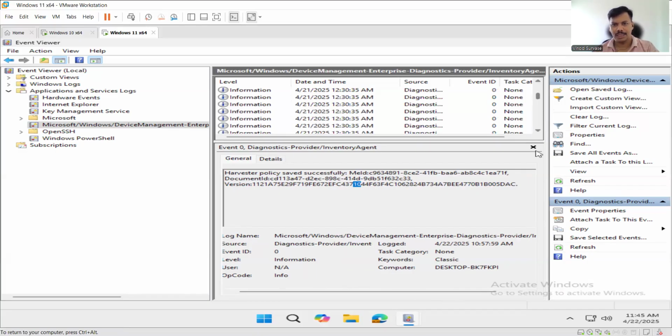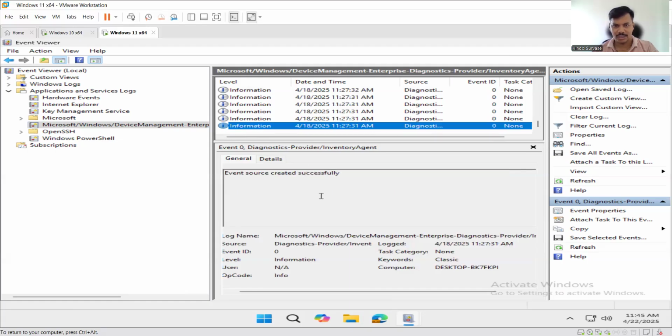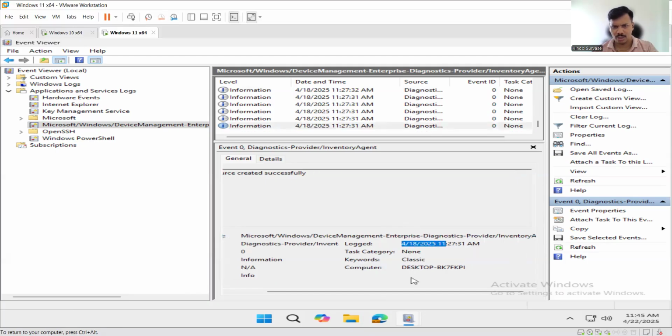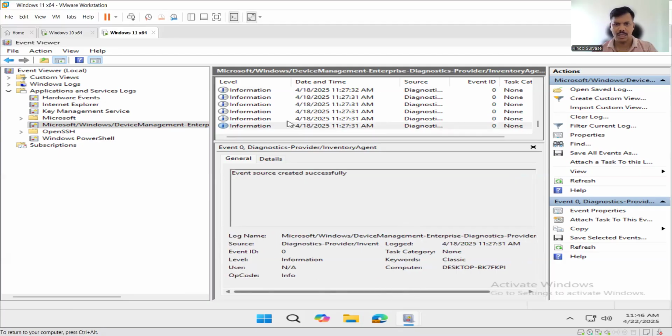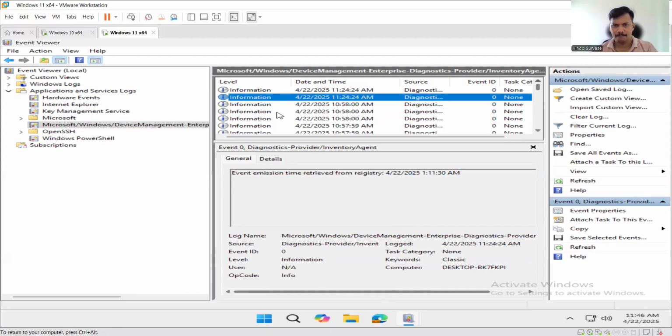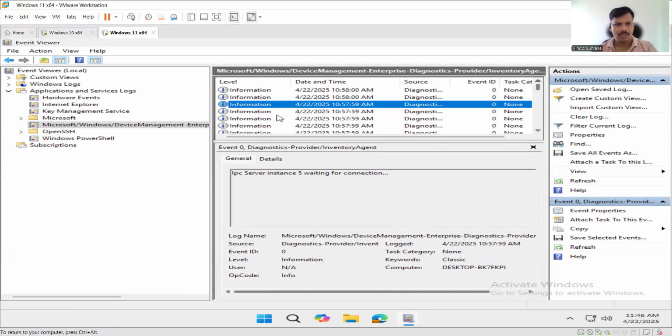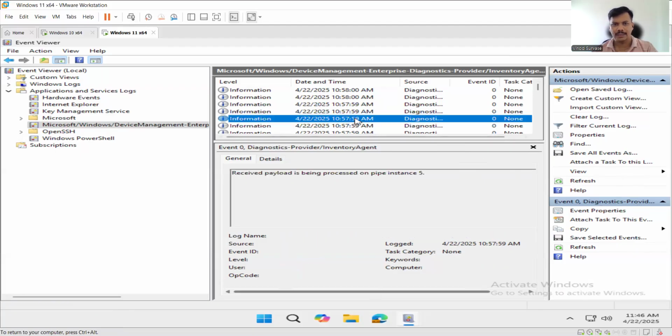So let's say I believe this is going to be the very first event source created successfully. So this was the first log for the event, and I believe, okay, it is on 18th April. So I believe this is not the first one. There would be this is today's log. So those are the different logs. Events will be created and stored up over here, and we can check if it is going to show us the details,